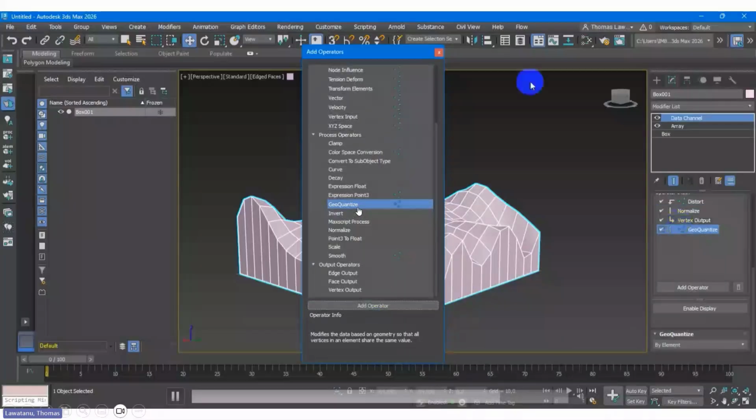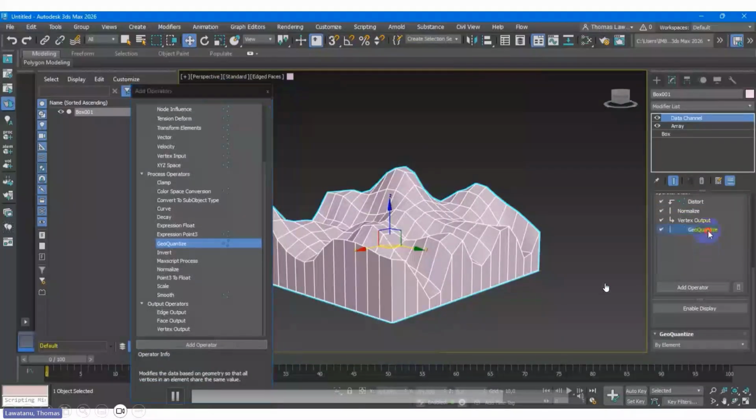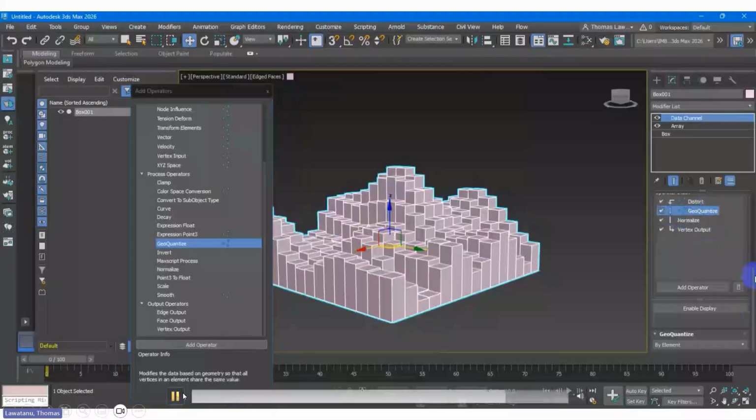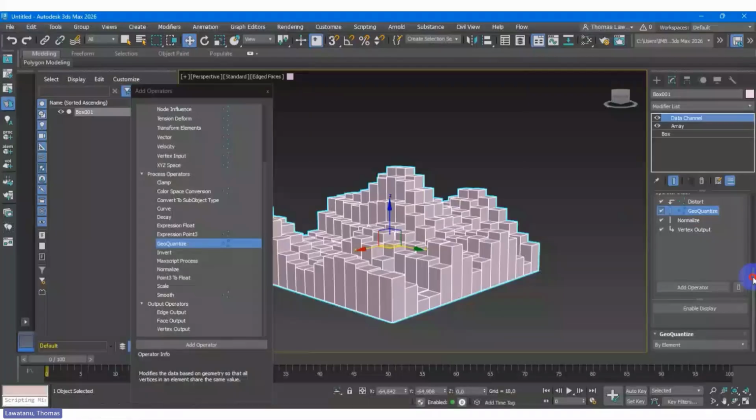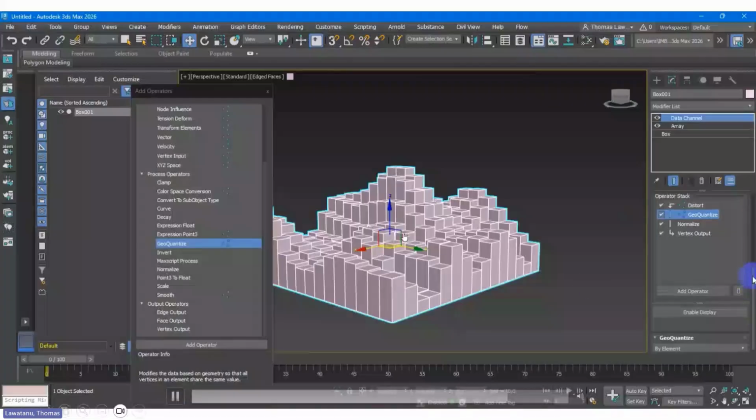So I add another operator they call geo, which means the geo will convert the surface of the bumpiness into blocks. At first, because the geo layer was at the bottom, nothing happened, right? So I move it up, then normalize until I get this result, to block. This is the graphically.